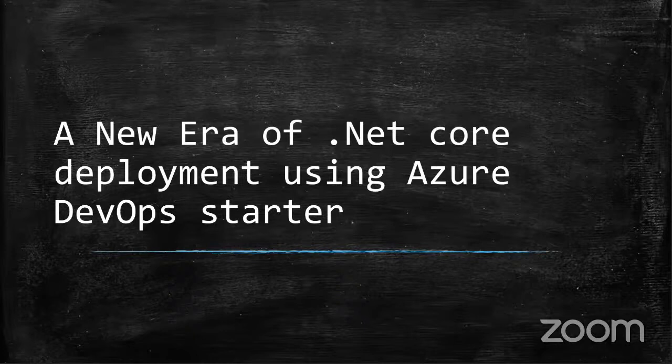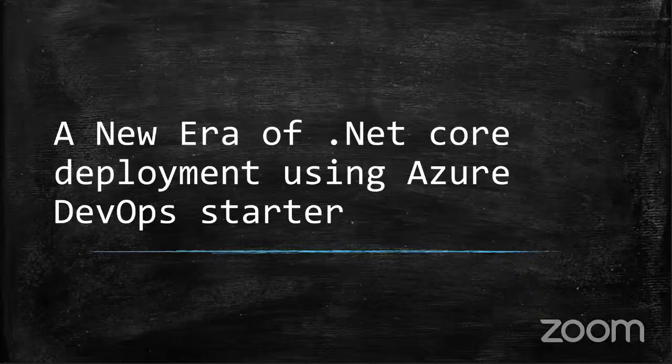If we are working with the .NET platform, we have two frameworks: the .NET Framework as well as the .NET Core version. The deployment process is the same for both, but the way of creating the Helm chart or other deployment activity is quite different for each environment. Deploying in .NET Core needs some features to be added that are not available in .NET Framework. So that's why I took the topic as .NET Core deployment using Azure DevOps Starter.